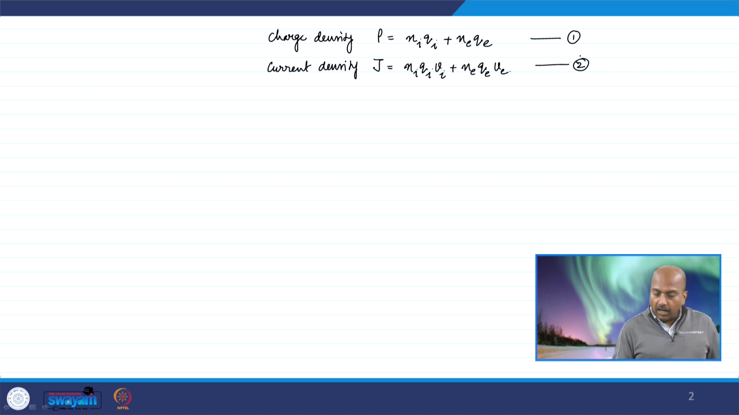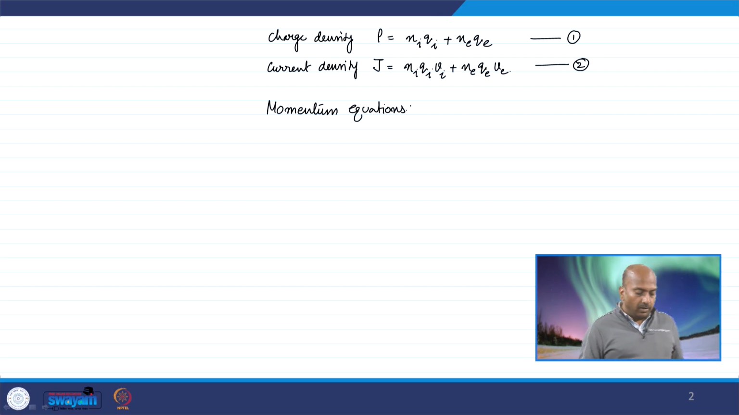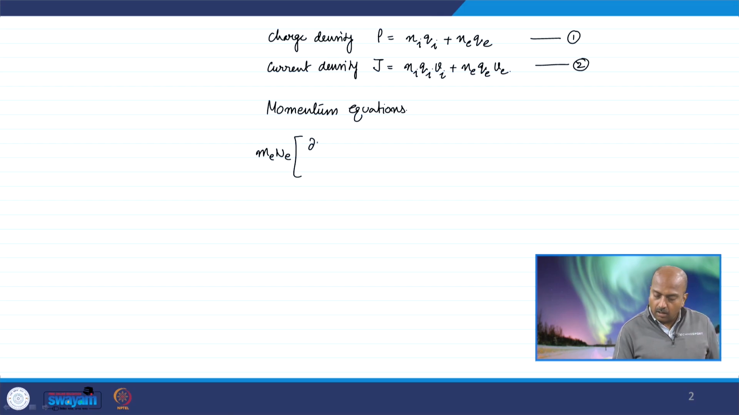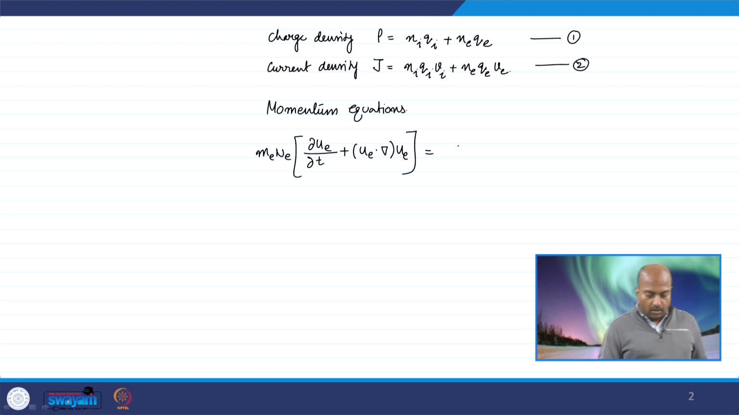And then we have the momentum equation, Newton's second law. So we will write the equation for electron and ion separately. So we will write it as Me Ne (dou Ue by dou t plus Ue dot del times Ue) is equal to minus del Pe